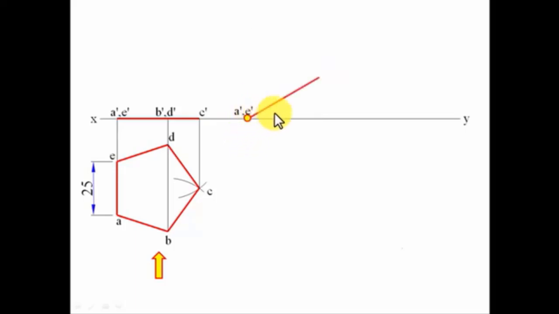Let me make a line right now at an angle of 30 degrees and let me recreate these points B dash comma D dash. Now with this much amount as the radii, and with A dash comma E dash as the center, I'm going to put an arc. This is going to give us B dash comma D dash. That's simple. With this much amount as the radii, and with P dash D dash as the center, I'm going to put one more arc. That's going to give me point C dash.